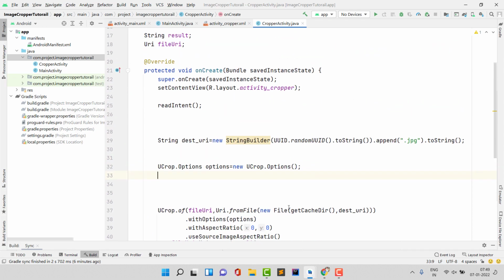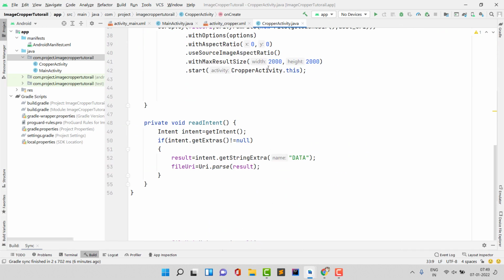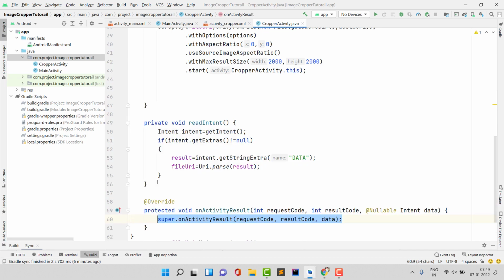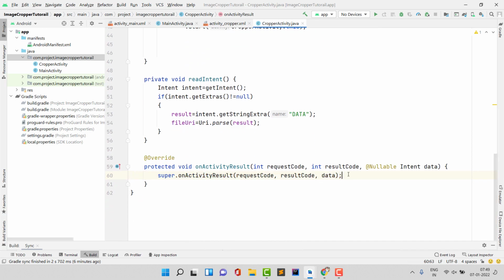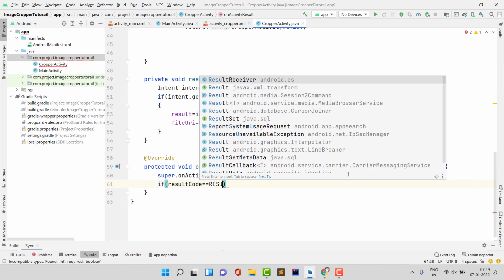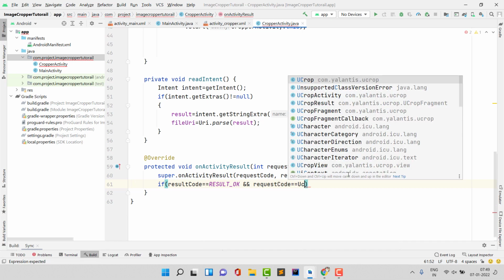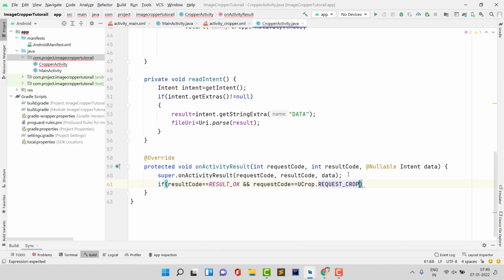Now after this we also start the startActivityForResult, and after getting the result we will get the final image in onActivityResult. So we have to type here onActivityResult. Inside this we have to type if resultCode equal RESULT_OK, and requestCode equal UCrop.REQUEST_CROP. So it means we are requesting for crop, and now we get the final result after